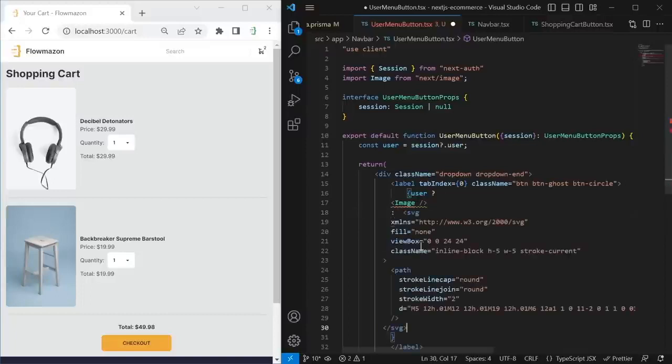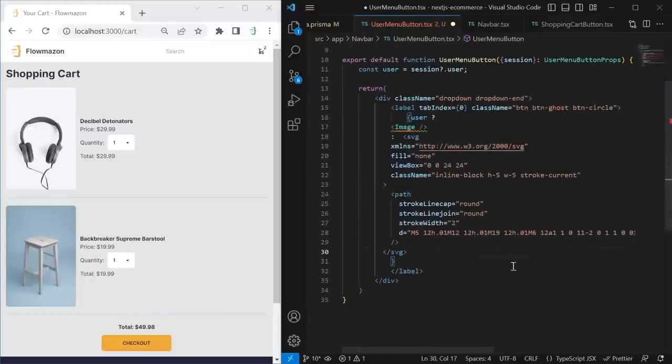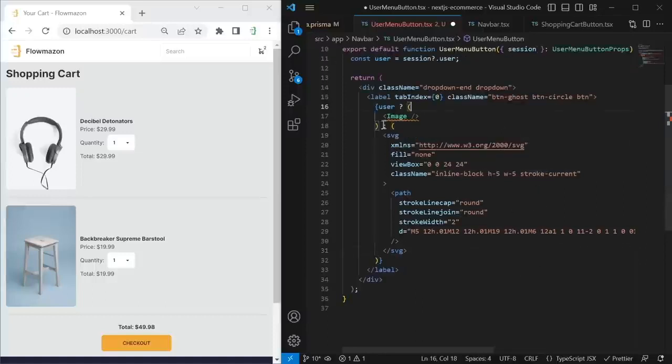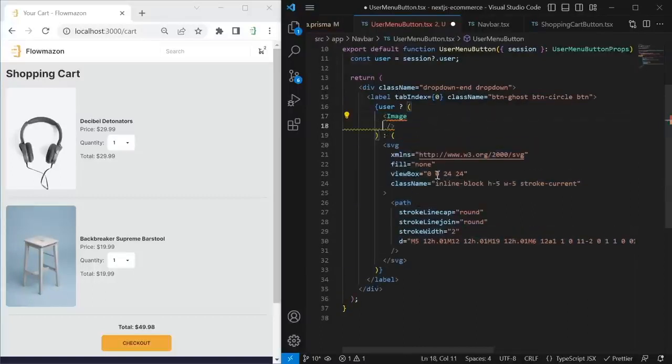a drop-down menu. For this we use an SVG again, and again I will link this file in the video description so you can copy paste it from there. We can't get around this because we can't type this out by hand, we can only copy paste these SVGs. Let's press the formatting shortcut so this gets aligned properly, and again Prettier automatically adds these parentheses, which are very